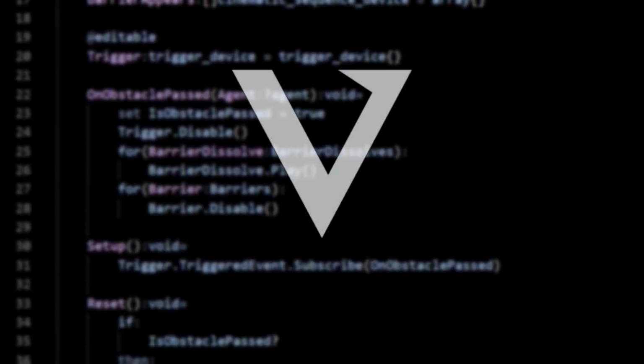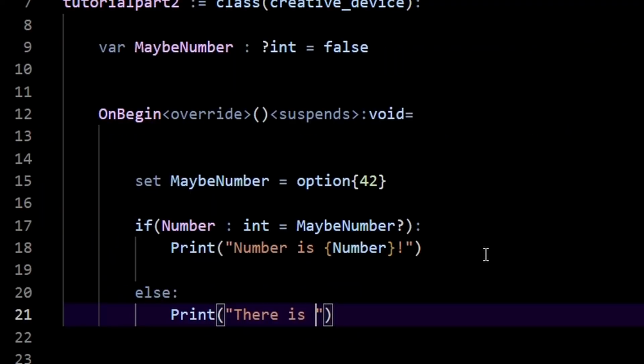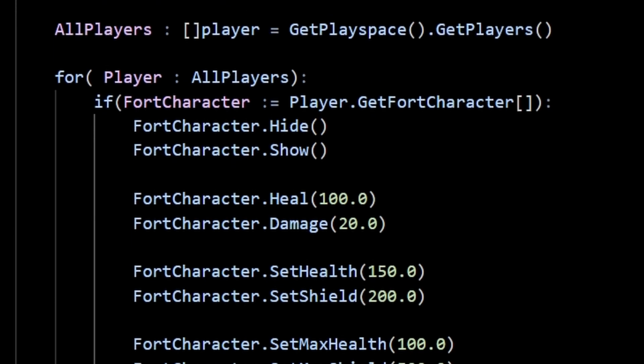Welcome to part 2 of my Verse for beginners tutorial. In this part, I'm going to be covering for loops, optionals, manipulating the fort character of a player to give